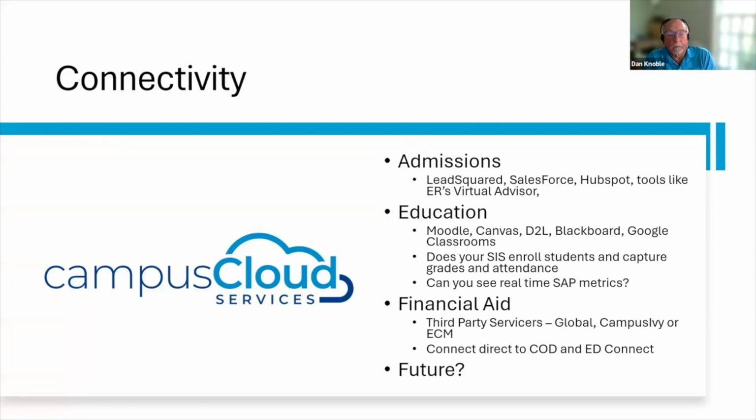To add to that, with our APIs, for instance, I know a lot of you use Canvas, but you enroll a student in a class in a term in Campus Cloud, and it tells Canvas about it. You don't have to go into Canvas and put that student into that class. We have a methodology for identifying between Campus and any LMS nomenclature, so that we know what that class is in